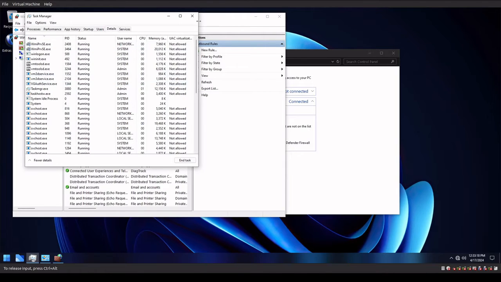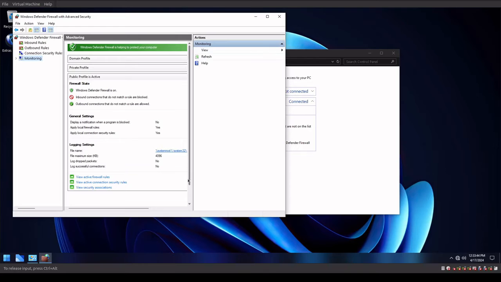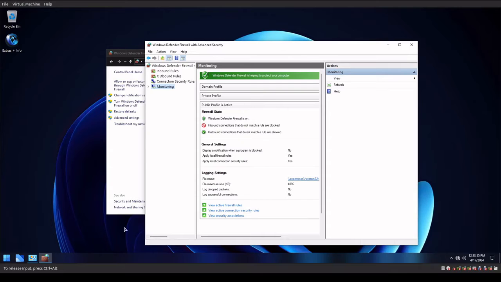So with that said, this is the better option, all things considered, than going vanilla Windows 10 if you don't want the Defender application running. And it does make a difference in the performance aspect, which is a first, at least in these videos. Possibly the most ironic thing, though, is the fact that we still see Defender Firewall. So the system still thinks that the Defender application in some way, shape, or form is still applied. And I'm guessing that if we go into our configuration in our control panel,